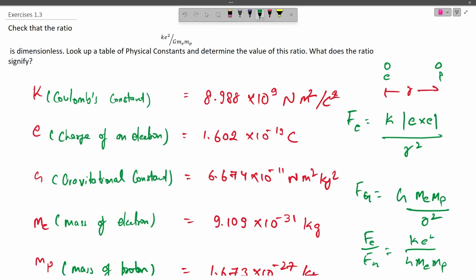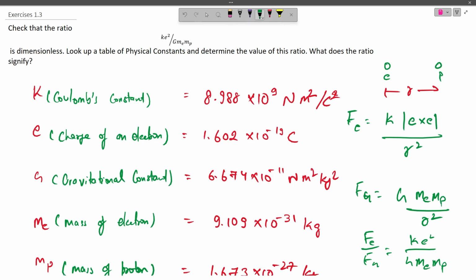So we have to find this ratio, determine its value, and say what it signifies. Now we already know what this signifies. The ratio signifies the ratio of electrostatic force to that of the gravitational force, and if we find the value of it, then we can find by how much electrostatic force is higher or lower than the gravitational force. So here we know that K is the Coulomb's constant, that is given by 8.988 into 10 to the power 9